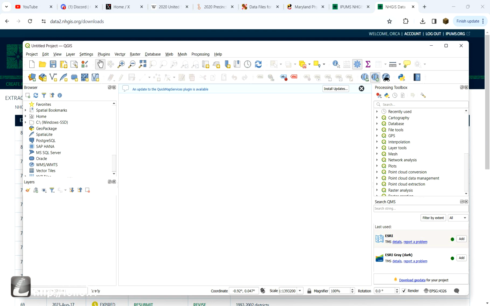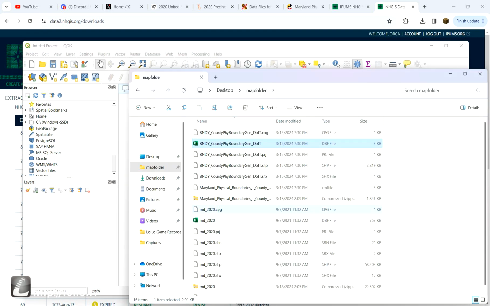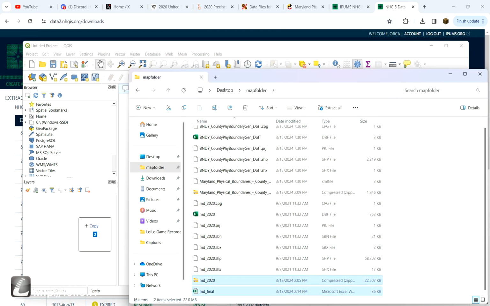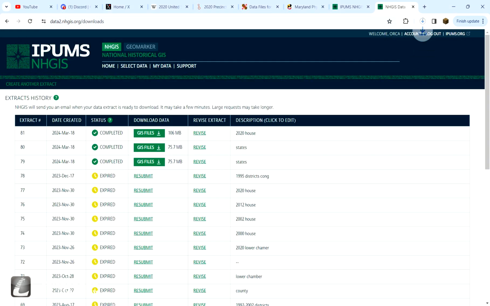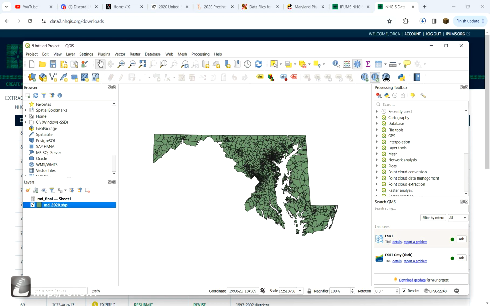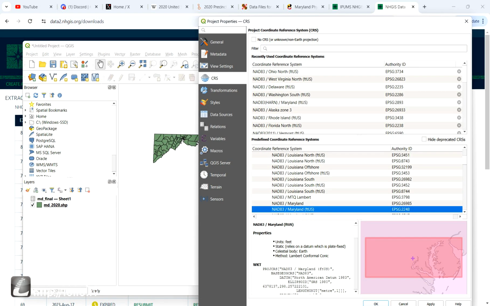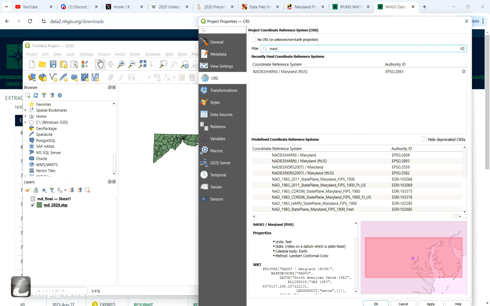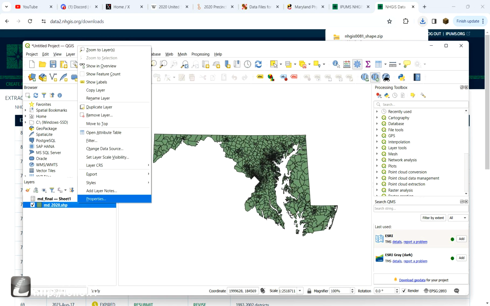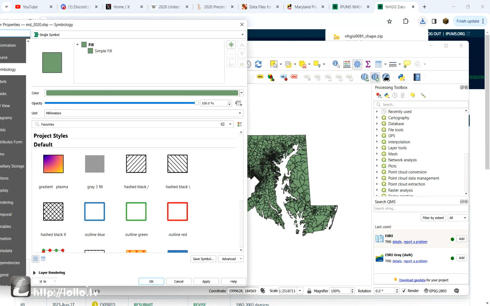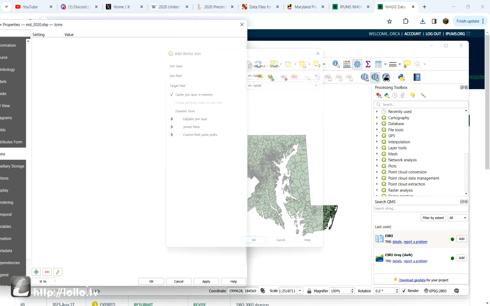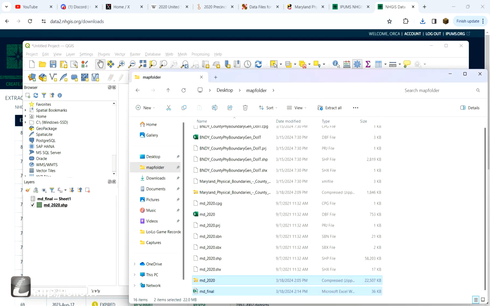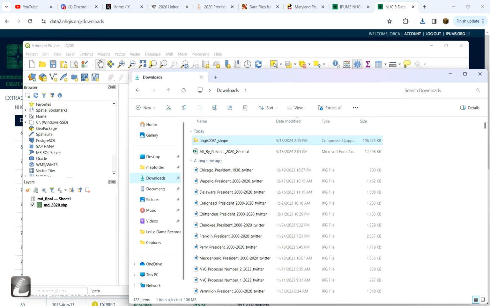But meanwhile, I'm going to go to a new one, and then we will drag in the MD underscore 2020 and MD final, and download this, and I'll project this to Maryland. Maryland, click, apply, enter, and properties, joins plus, name, apply, downloads, and